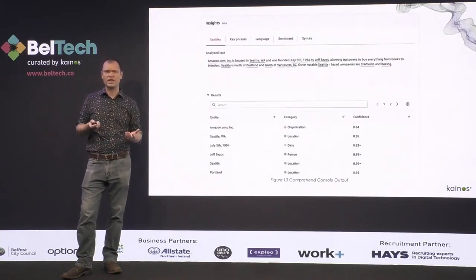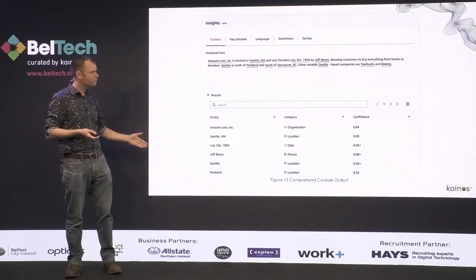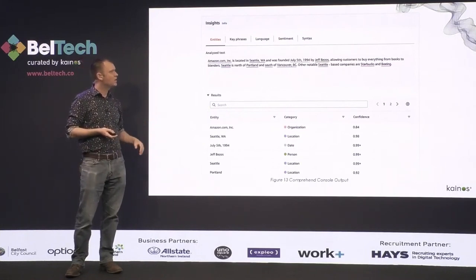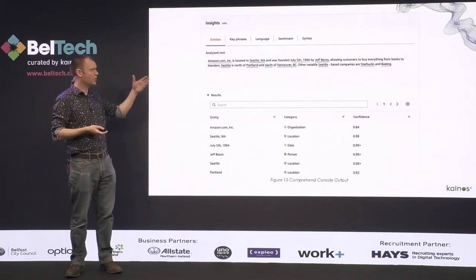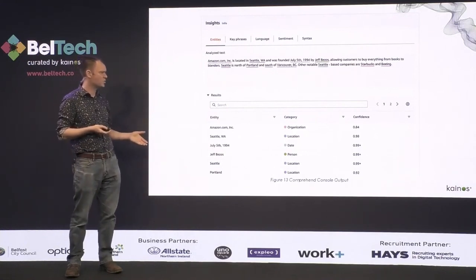You'll be able to see here examples of the different modeling options that the tool gives you. In this case, we're looking at a list of entities that the tool's been able to extract. We can see along the top some of the other out-of-the-box things that you can do, like key phrase, language, sentiment analysis, and so on.